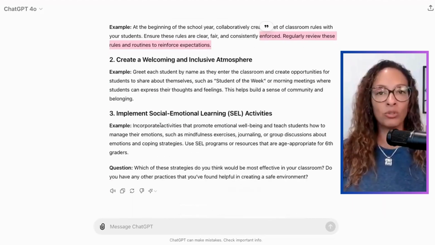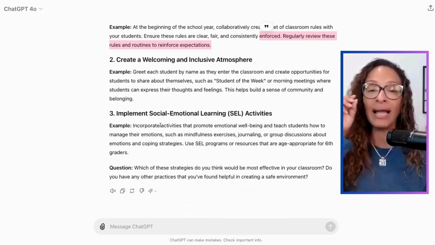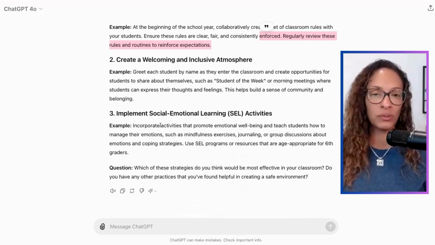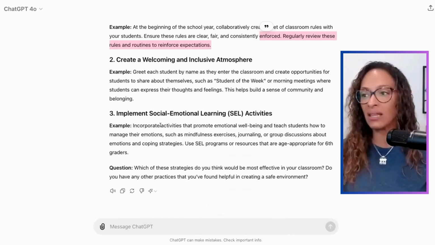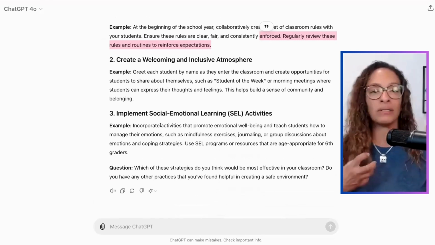And then implement some emotional well-being strategies. Now, I actually realize that social emotional learning can be a trigger word in many districts around the country. Just implement activities, just say it like that, that will allow students to feel welcomed. Like, if there are 5 students in the morning that were at recess or right before school and they seem to be worked up, you can do a restorative circle. Get kids facing each other and let students one by one say, "How can I help you feel like we can move forward in the classroom today? What is on your mind that is stopping you from learning?" That is a great strategy. And you can ask ChatGPT to help you with those strategies.